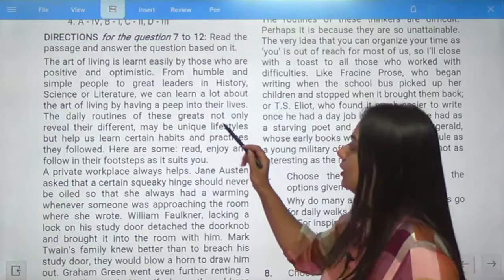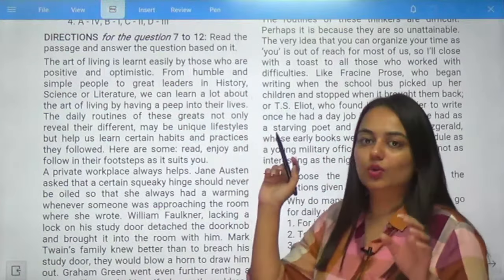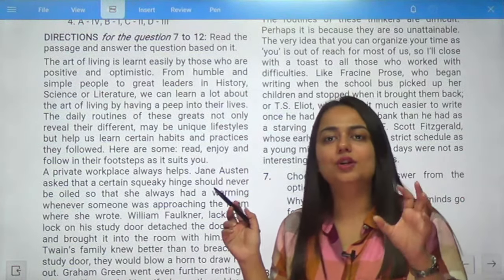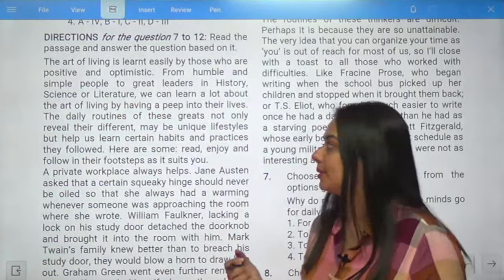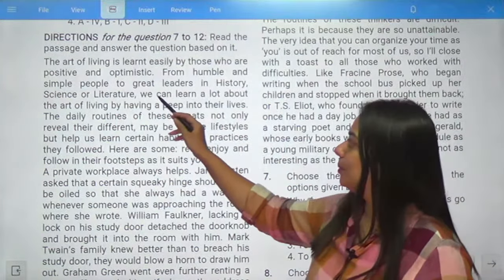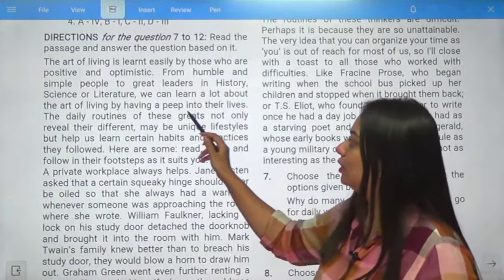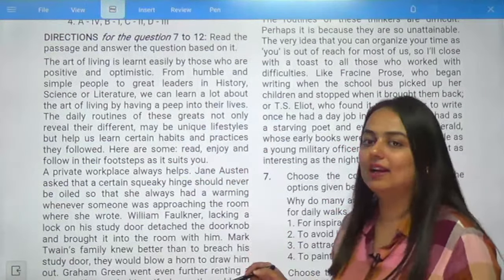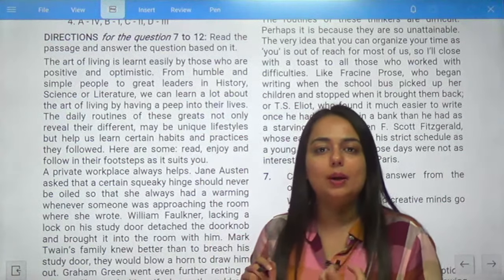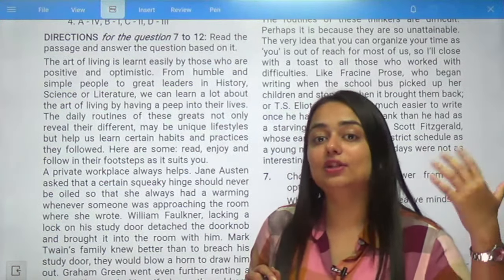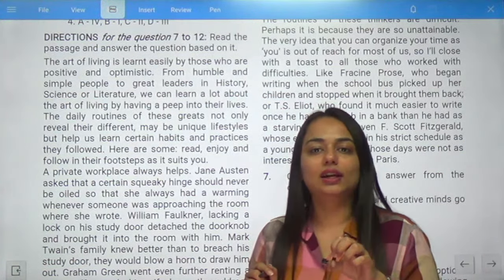Let's read this one. The art of living is learnt easily by those who are positive and optimistic. So one thing is clear after reading the first line. Art of living के ऊपर है ये passage, और वो जो हम सीखते हैं positive और optimistic लोगों से. From humble and simple people to great leaders in history, science or literature, we can learn a lot about the art of living by having a peep in their lives. So probably the author is now going to discuss these famous personalities जो बहुत ही humble थे और कैसे वो great personalities और leaders बने. Probably अगर हम उनकी जिंदगी में पीप करें, झांके, तो हम सीख सकते हैं what is the art of living,